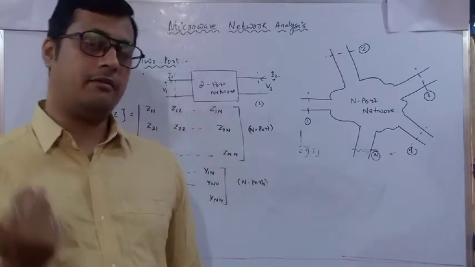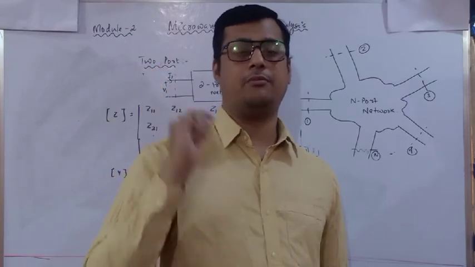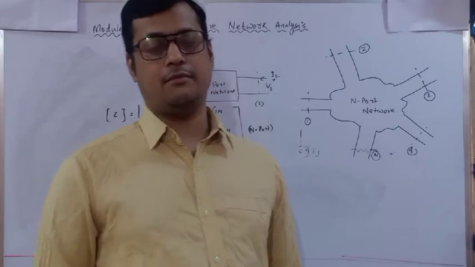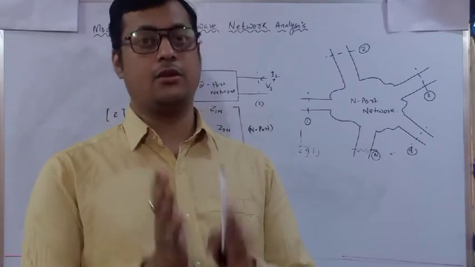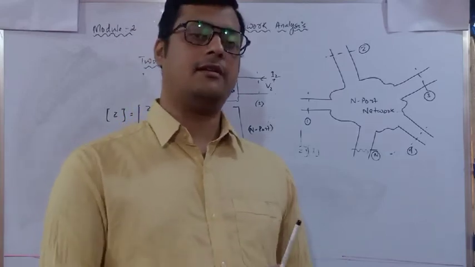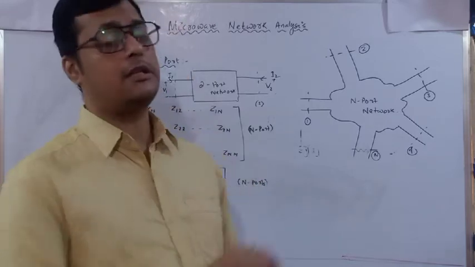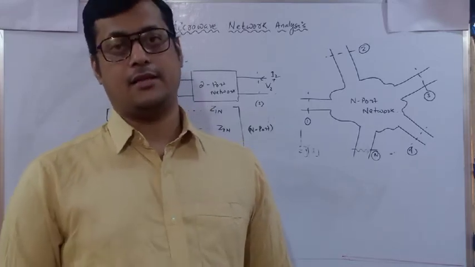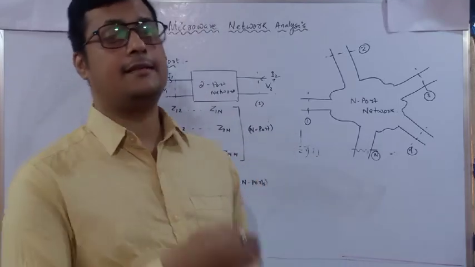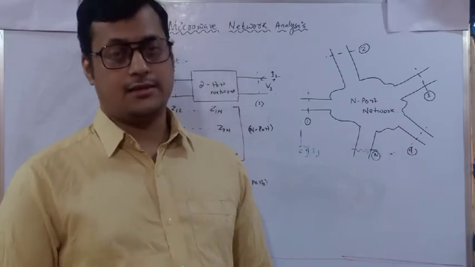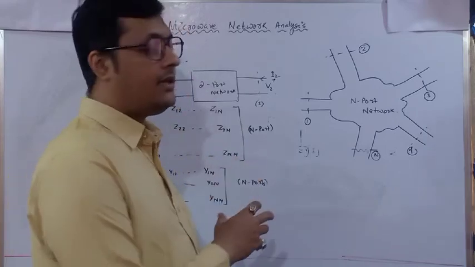Because as we have identified the wave solution, that V of S has the incident potential V0 plus and V0 minus. Similarly, for current we have I0 plus and I0 minus at Z position as 0. If you change the value of Z, your parameter is going to change. Same thing we are going to identify with respect to the impedance. So in terms of impedance, how we can justify that the whole network is a reciprocal network or a lossless line, or it is symmetric, whatever it is. Okay, so that thing we will discuss now.